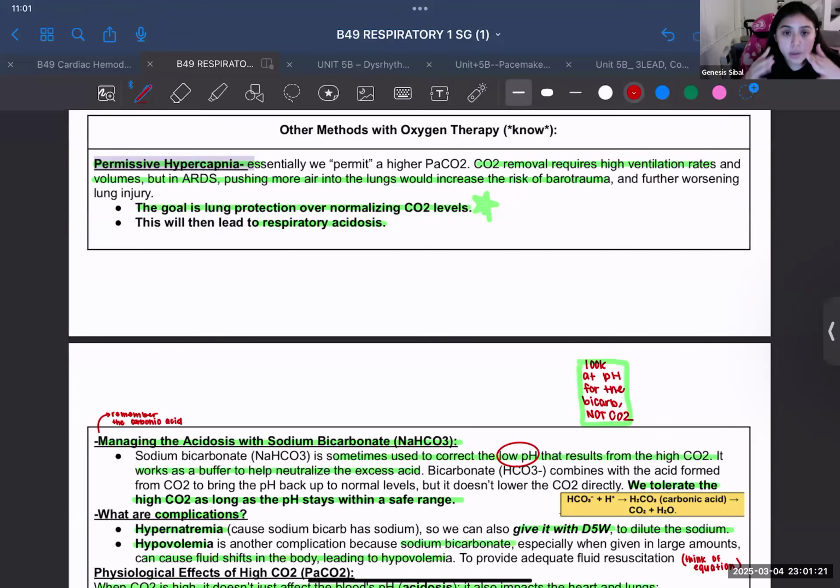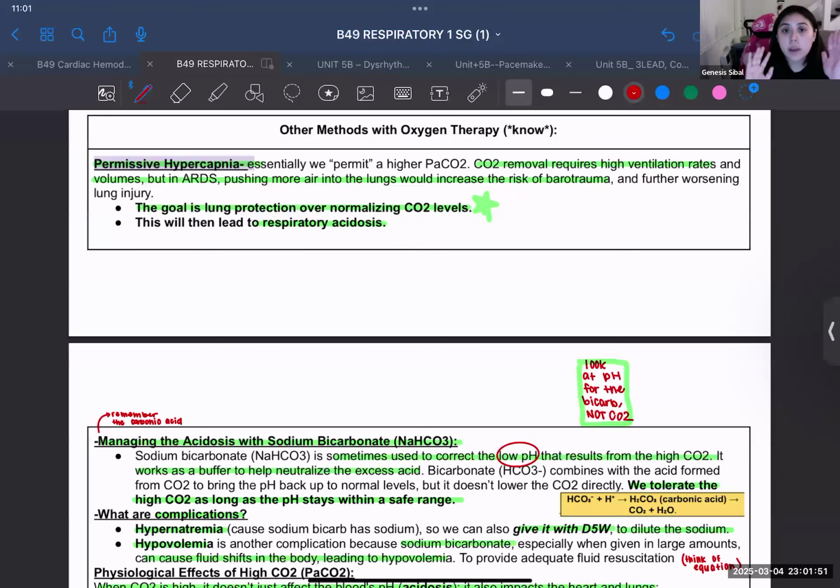And you can also increase the tidal volume. But again, for a patient like ARDS, you can't really be doing that. You can only really be doing the respiratory rate. You can't be really changing the tidal volume because again, that creates the barotrauma risk. So in this, it's just saying usually if you're wanting to take out the CO2, you're just going to increase the respiratory rate and you're going to increase the tidal volume, right? That's according to what the chart says. But again, in ARDS, pushing more air into the lungs would increase the risk of barotrauma. So really, you could just increase the respiratory rate.